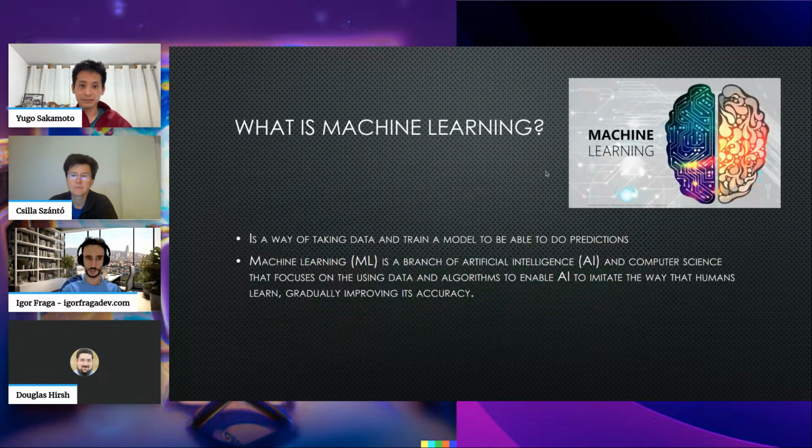Then, what is machine learning? It's a way of taking data and training a model to be able to make predictions. This was very summarized. In a definition from Wikipedia, machine learning is a branch of artificial intelligence and computer science that focuses on using data and algorithms to enable AI to imitate the way that humans learn, gradually improving its accuracy.